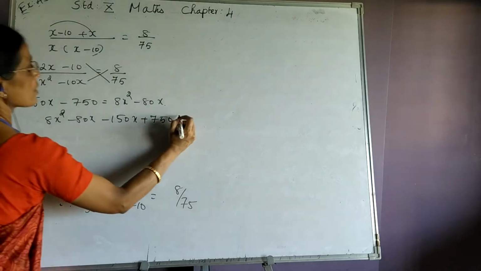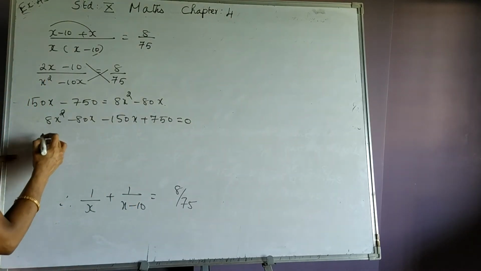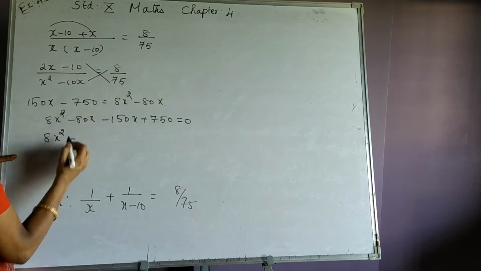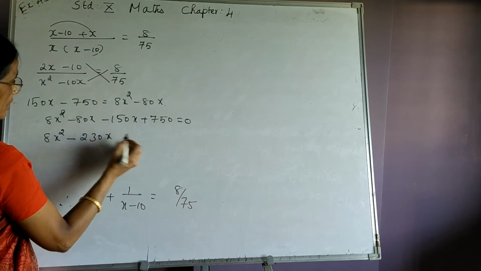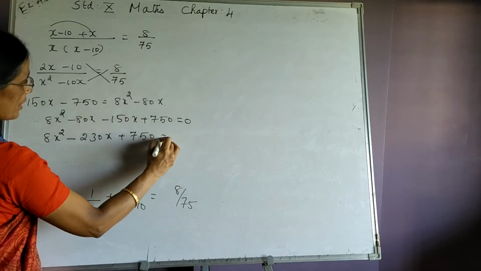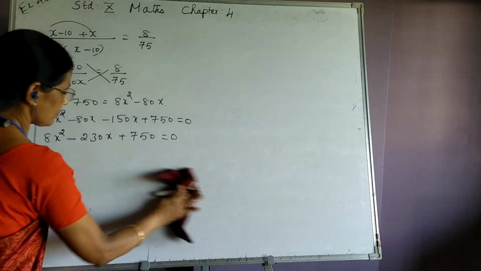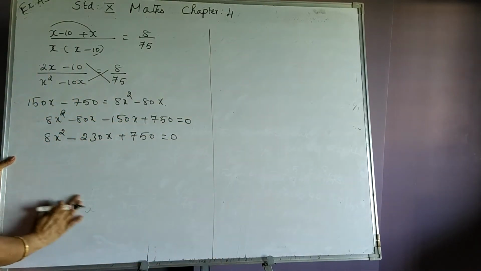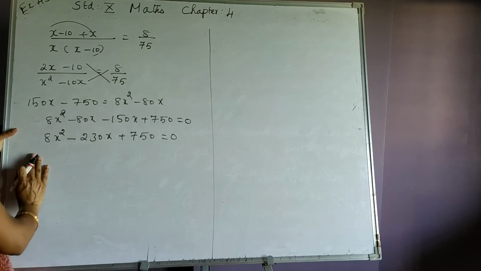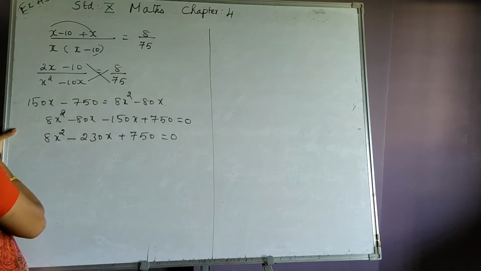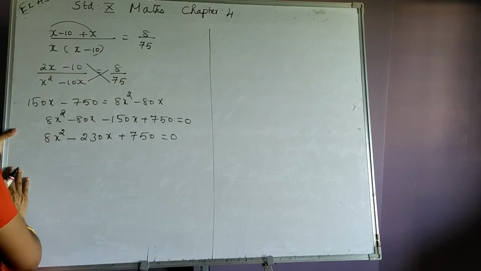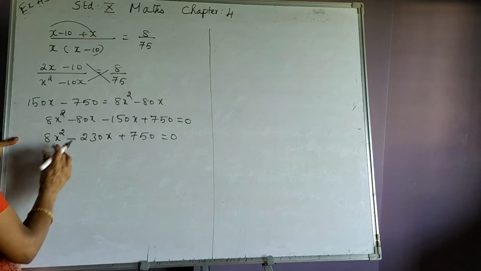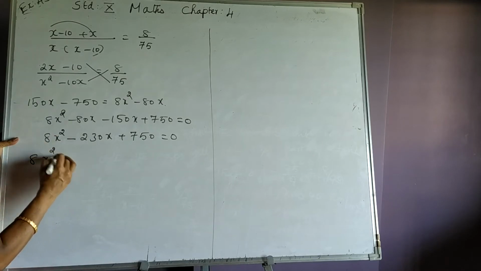This 0 can be taken here also. Therefore, we get 8x square. Both the terms are minus. Therefore, adding we get minus 86x plus 30 equal to what? Equal to 0. Here, to find the roots, we can use either factorization method or quadratic formula method. Wherever factorization is possible, it is easier to go for factorization. It takes less time. If it is not possible, in that case, we can prefer the quadratic formula method. Here, I take the factorization method.